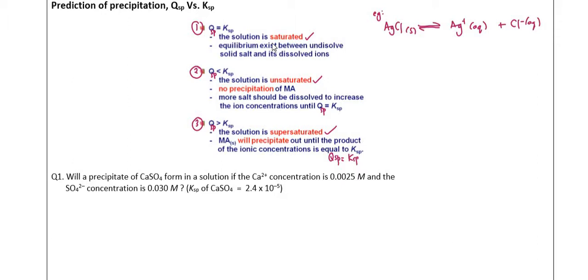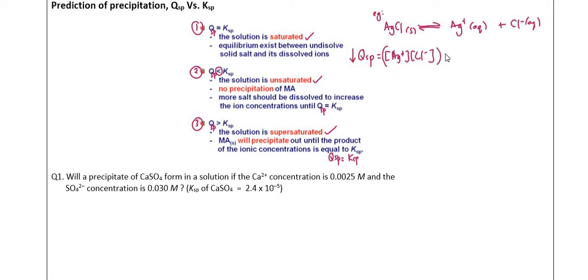If the value QSP is less than KSP, QSP expression adalah sama dengan KSP expression. So, bermaksud QSP expression adalah concentration Ag plus multiply concentration Cl minus. So, kalau di sini nilai QSP-nya rendah sebab kecil di sini, bermaksud